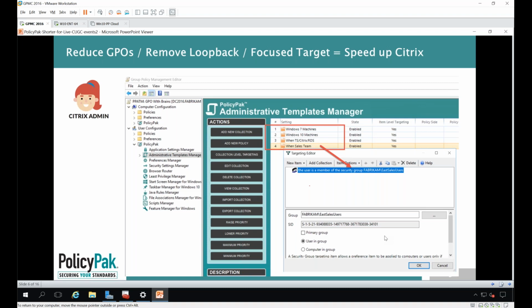So how do we fix that? Because the chat between the client and the server, the discussion of how many group policy objects you have to download, that's actually longer. That's called the core part of group policy processing, as opposed to the client-side extension part. The core part is where you want to reduce the amount of raw GPOs. When you do, that's going to speed up your Citrix because you have less to talk about. So you're just going to get on with business faster. That's the takeaway.